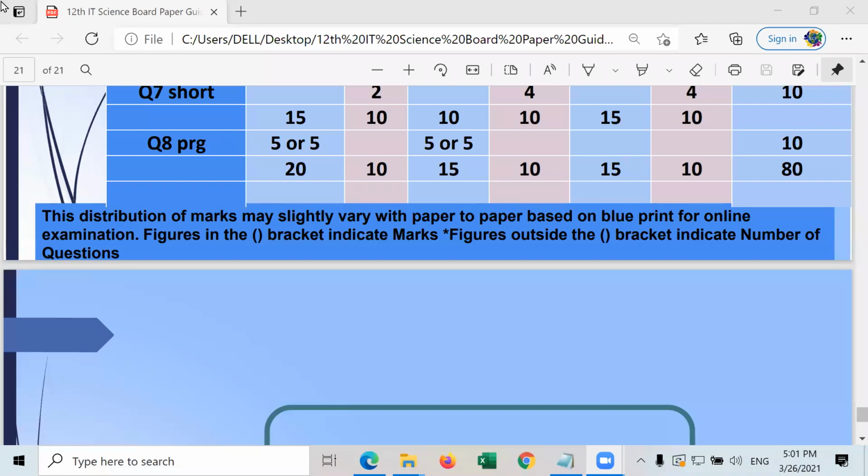And even if you do not know anything about that program, suppose you are asked to write an HTML program using CSS to display names of some cities, you can write some HTML code. You know some HTML tags like html, header, title, body. So we can write all those tags. Do not keep any field blank. You will get marks for that. Even if you do not know the answer to that question, write some relevant information, a relevant program regarding that question.